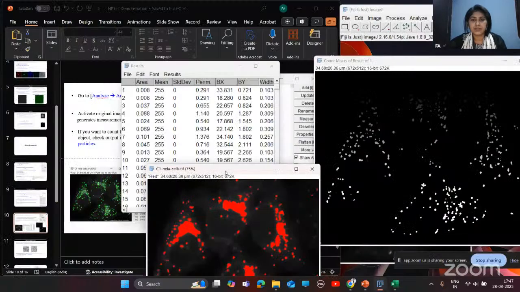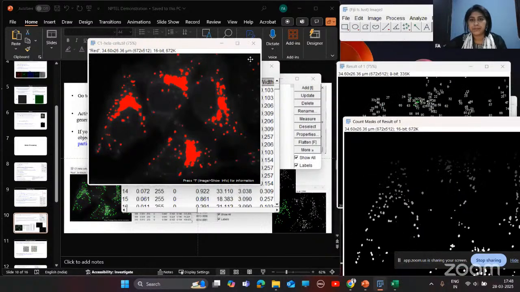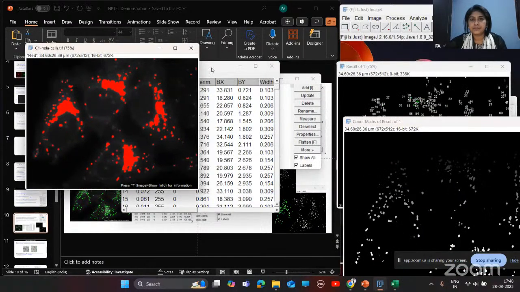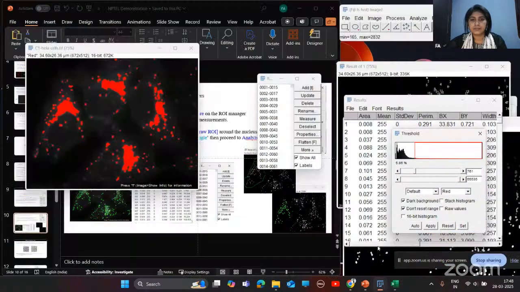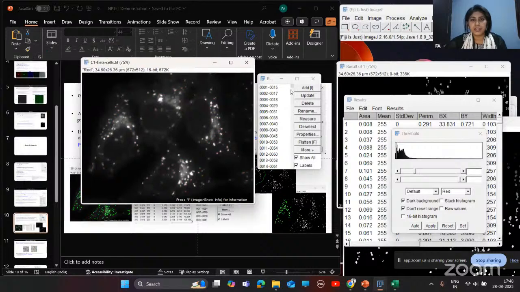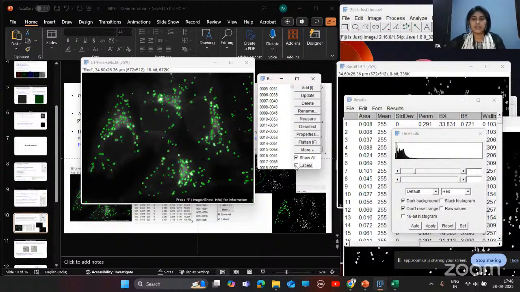for this you need to select this original image, and I'll clear this. I'll select this original image and then I'll go to this ROI manager. From here you can transfer this. Okay, so you can label this for size, or you can select it like this only.